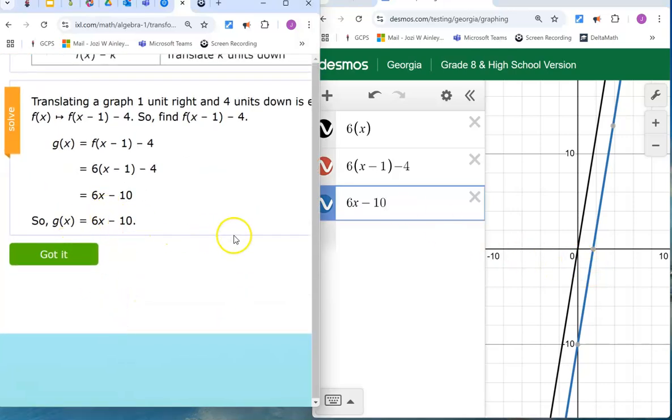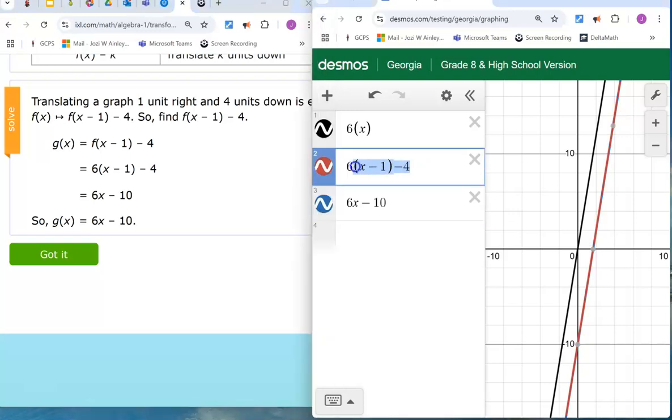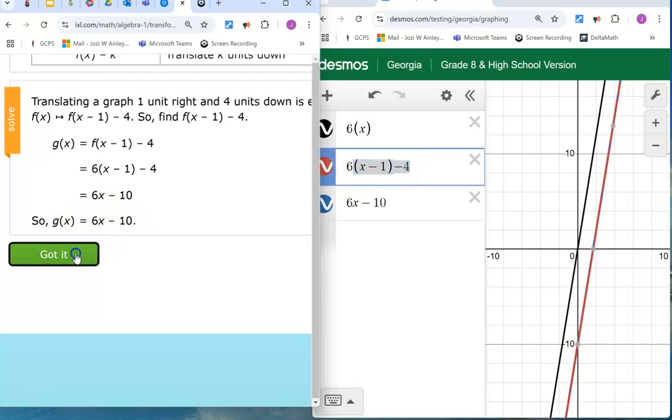And there it is. So they do want you to simplify. They did not want you to leave it like this. They do want you to simplify. So just make sure you